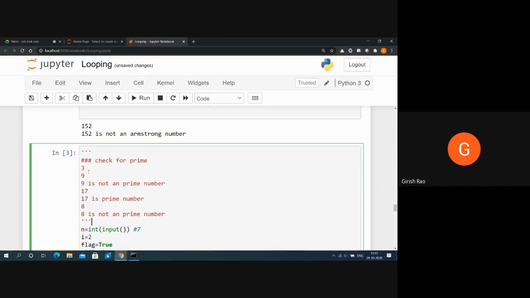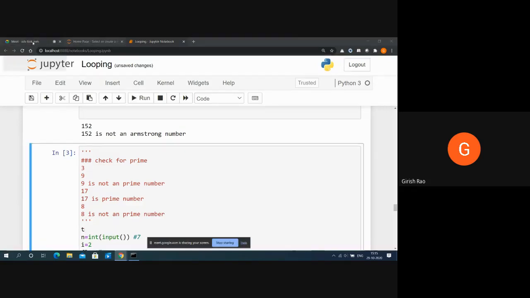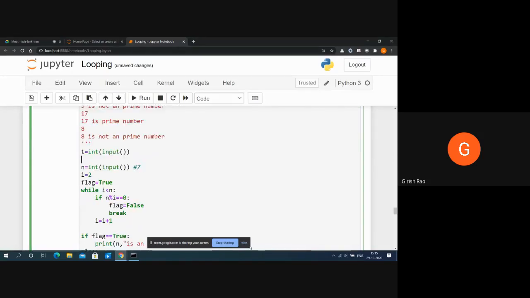Yeah. So the concept will be the same. T is equal to int of input. Then step 1, while t greater than 0, that is not going to change. And all the code you want to execute, yes or no?